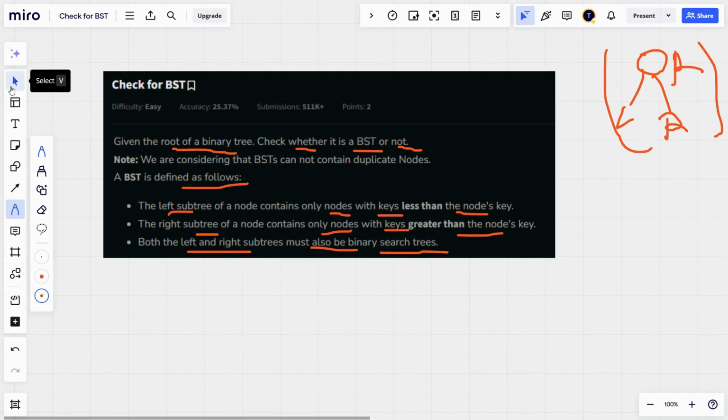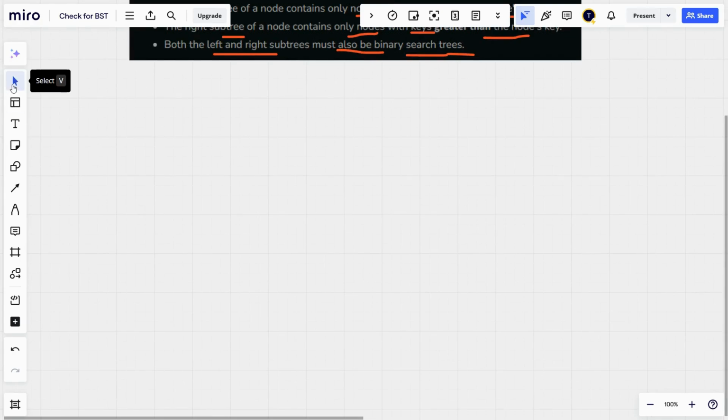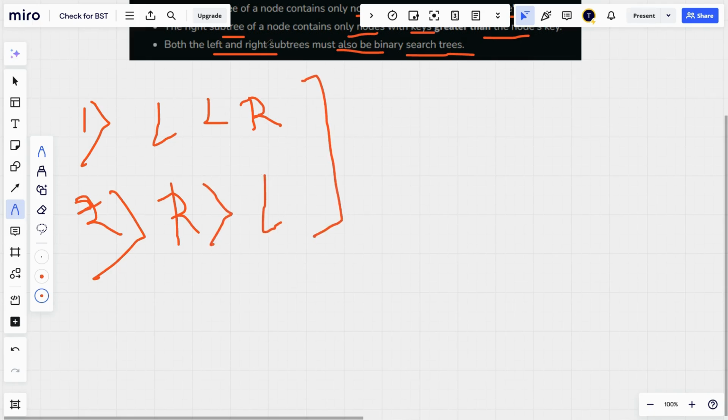The rules are given. For a BST there are two rules. The first rule is that for the left side of the BST, all left node values are less than the right node value. The second rule is that the right node value is always greater than the left node value. So these are what the problem statement says.